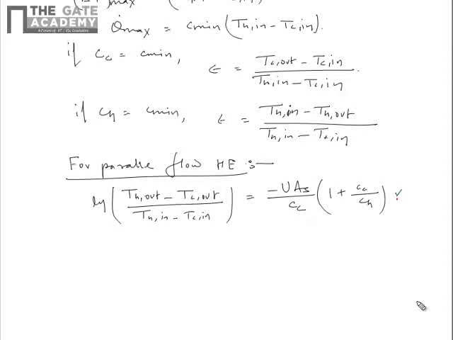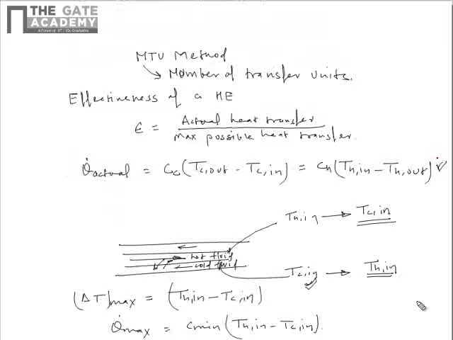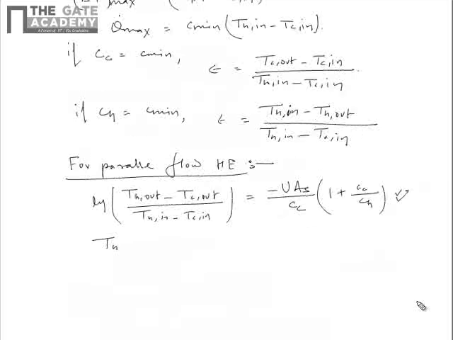This we have already derived in the LMTD method, right? And from this equation, we can write Th out is equal to Th in minus Cc upon Ch (Tc out minus Tc in). If we substitute this value in the above equation,